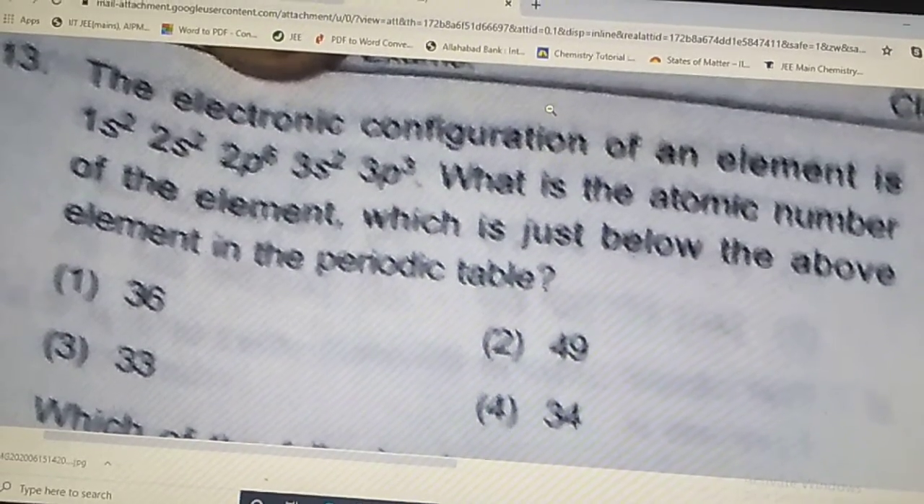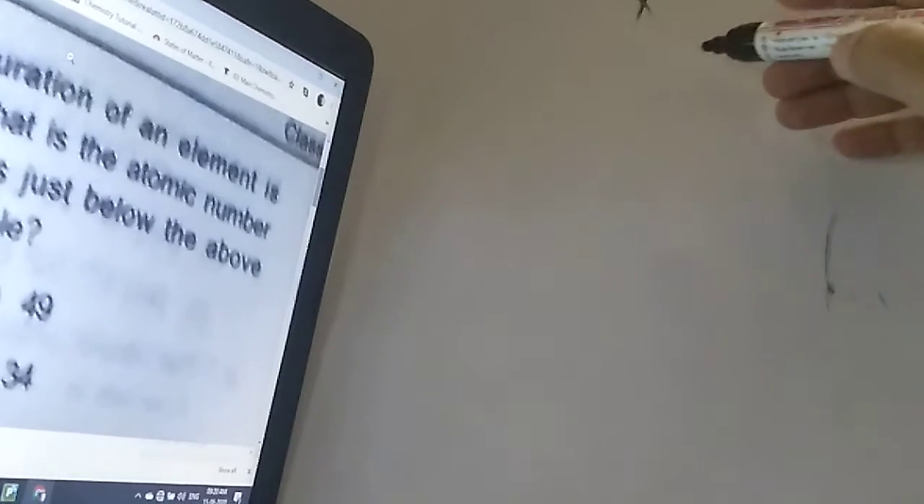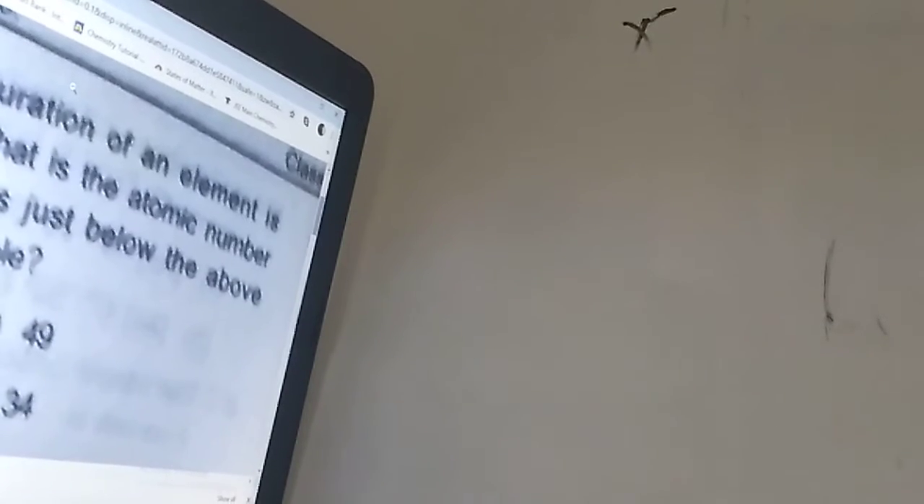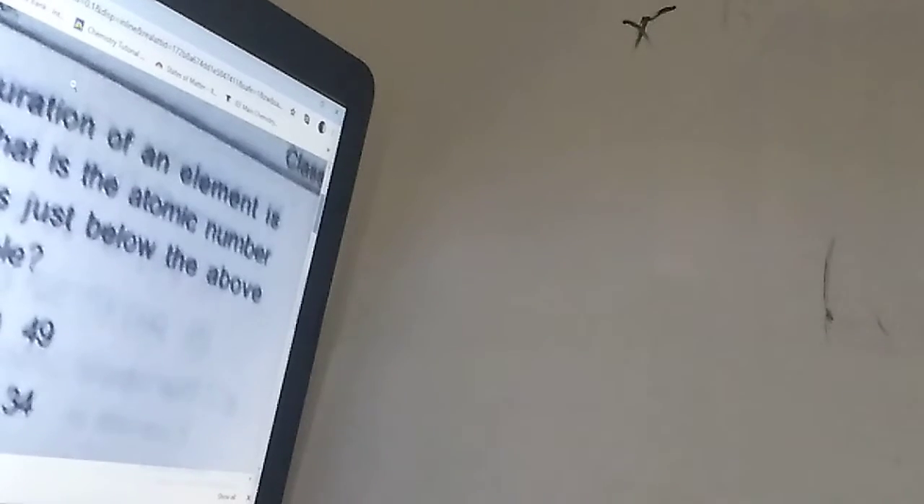Dear students, try to understand this question. I am explaining it on the board. Suppose it is element X, and its configuration is given. The configuration is 1s2, then 2s2 and 2p6. So let us write it down here on the board: 1s2, 2s2, 2p6, and finally 3s2